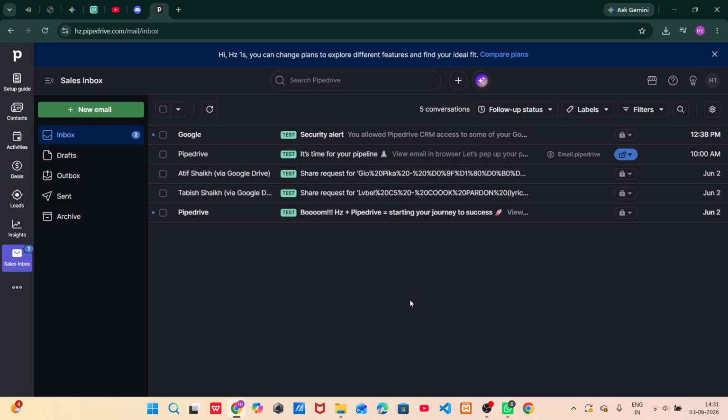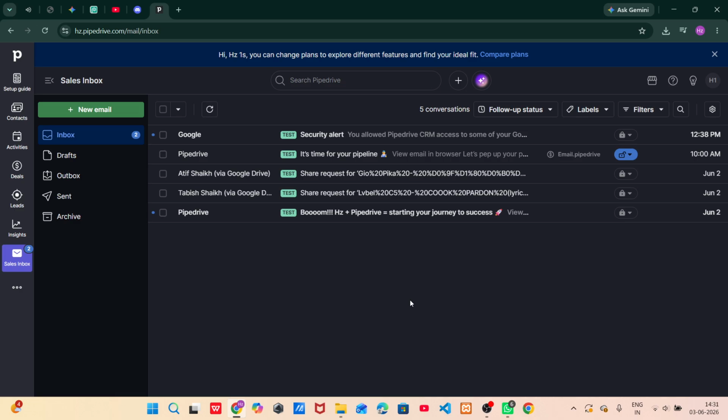For example, you might want to categorize emails as hot, pending, or billing. This visual cue can really speed up your workflow. You can quickly identify which emails require your immediate attention and which ones can wait. Additionally, the action bar gives you the flexibility to mark messages as read or unread. This is particularly useful if you're managing a high volume of emails and want to keep track of which conversations